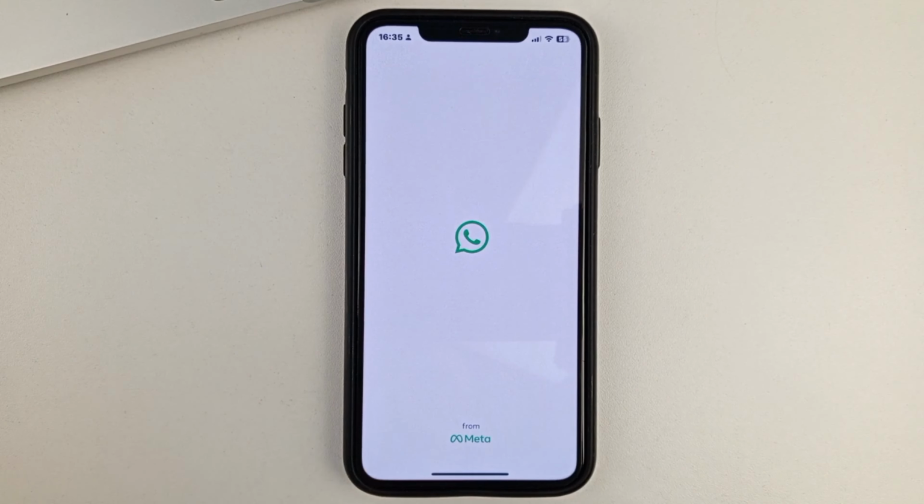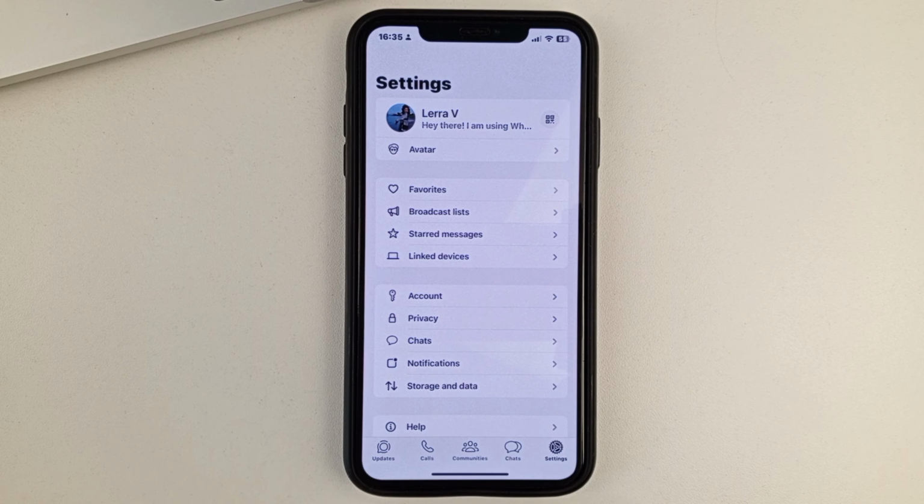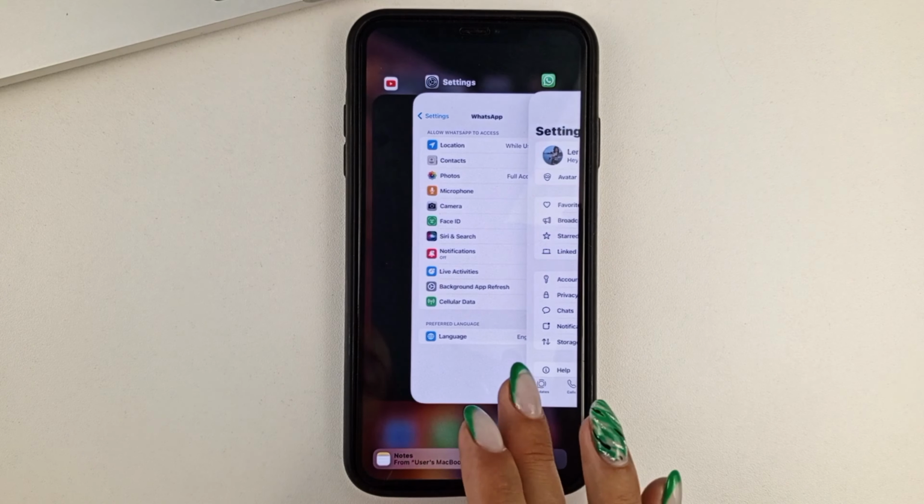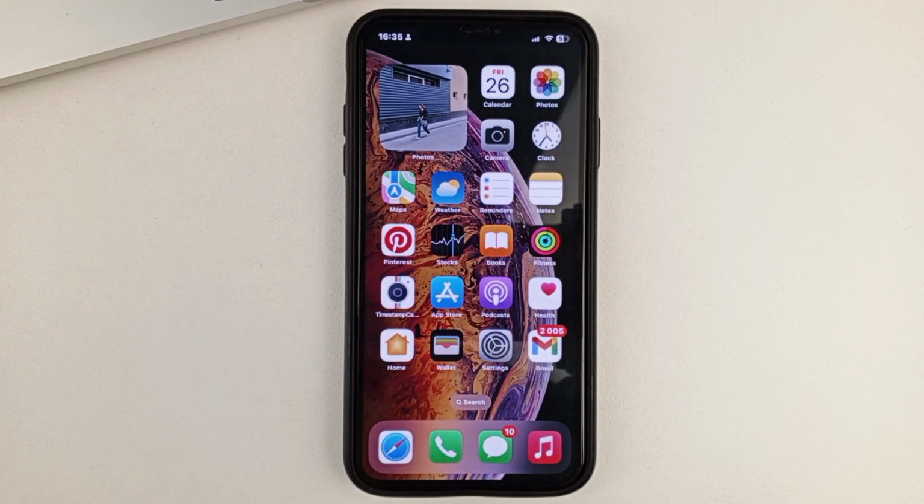And now friends, if you go to WhatsApp, you'll see that this app has switched, for example, in my case, from Korean to English. In doing so, I had to translate the entire interface of the phone from one language to another. This is the very simple way, friends, you can change the language of WhatsApp app to English on your iPhone.